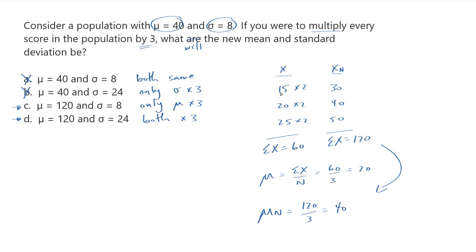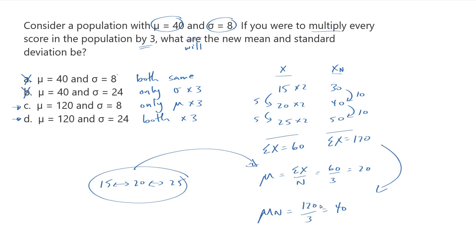I think you can see that for each of these workers, the difference between them is 5. That's a small amount of variation in their hourly wages. After I double everybody's hourly wage, look at the difference now. The difference is 10. So there are larger gaps between their earned amounts. I've taken the scores that were 15, 20, and 25, where they had a little bit of space between them, and not only have I moved this entire group up,